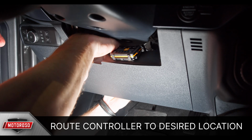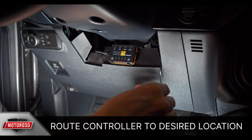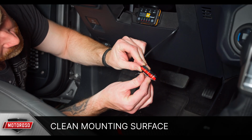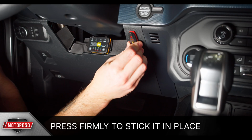In the cabin, route the controller to your desired mounting location. We chose just below the steering wheel to the right for easy access. Clean the mounting surface to ensure that the controller will stick in place. Apply the double-sided sticky tape to the controller and then press firmly to stick it in place, and you're finished